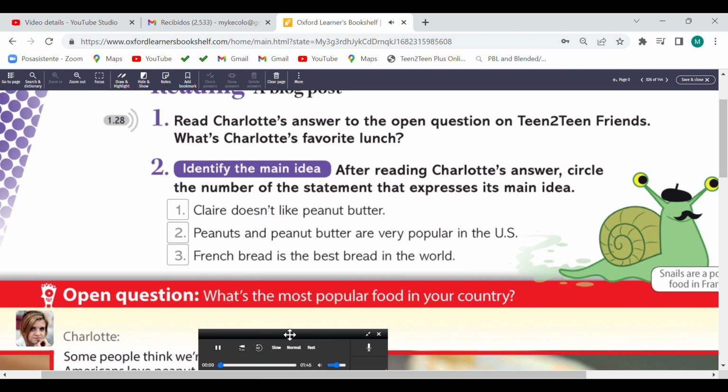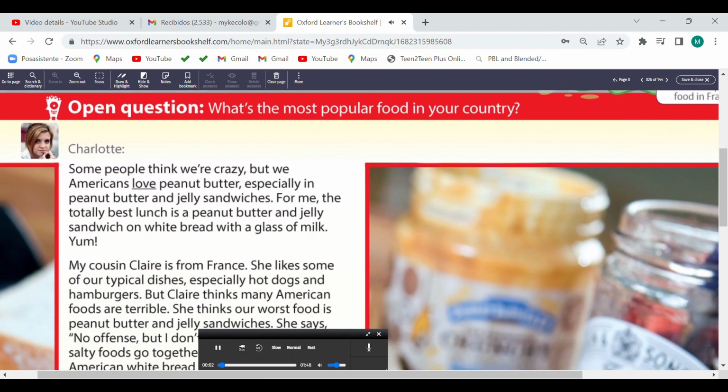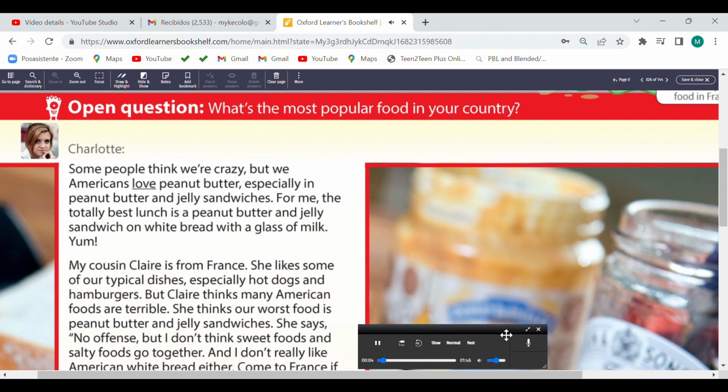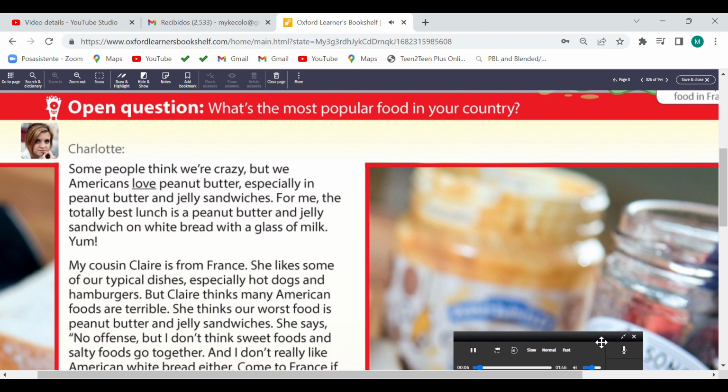Unit 3, page 26. Reading. Exercise 1. Read Charlotte's answer to the open question on Teen to Teen Friends. What's Charlotte's favorite lunch? What's the most popular food in your country? Some people think we're crazy, but we Americans love peanut butter, especially in peanut butter and jelly sandwiches.